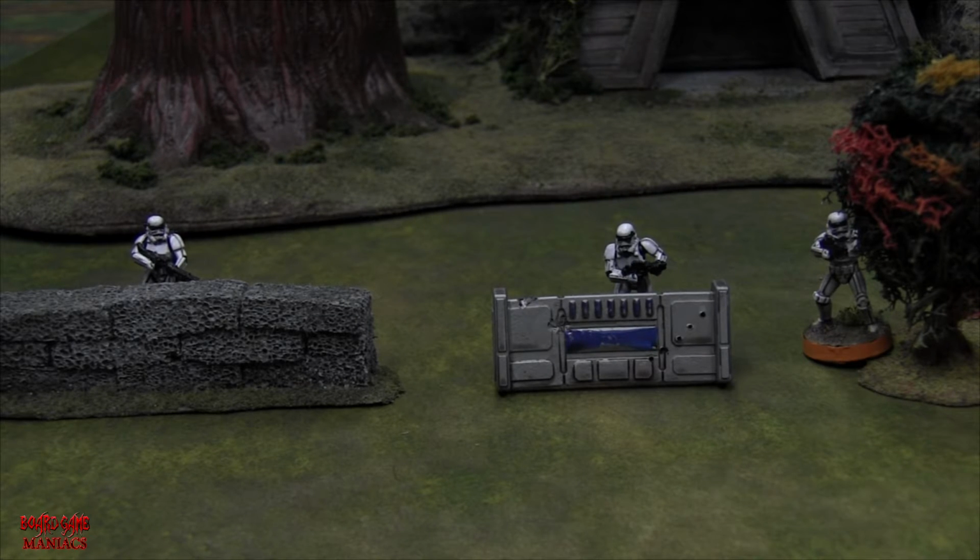Now, as a general rule, terrain that blocks line of sight to half or more of the mini placed directly behind it can provide cover to that mini, while terrain that blocks less than half of a mini does not. I read this little blurb on page 8, the same place as the additional terrain rules, impassable terrain, and everything else. So on page 9, it does talk about